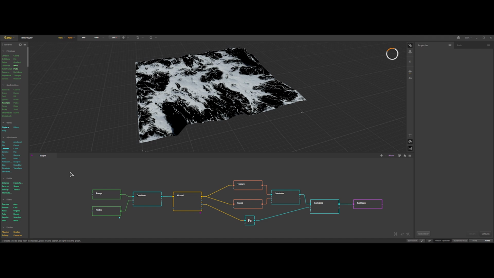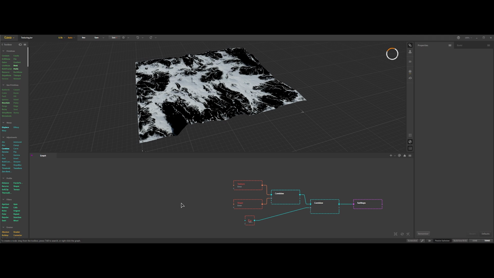At the top bar, you'll find settings for texture resolution. Viewport lagging? Drop it to 0.5K. Want more detail? Push it up to 2K or higher. You can even adjust the polygon count for your mesh here. Let's start fresh by selecting everything before the wizard node and deleting it. We're building our own scene.